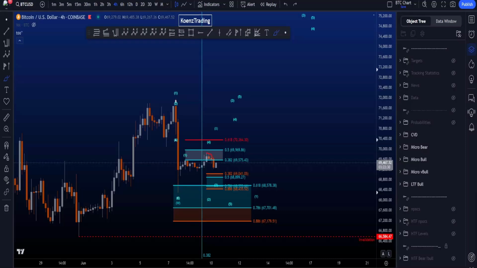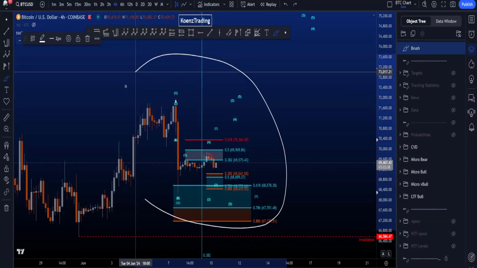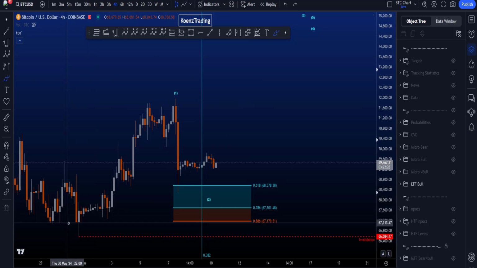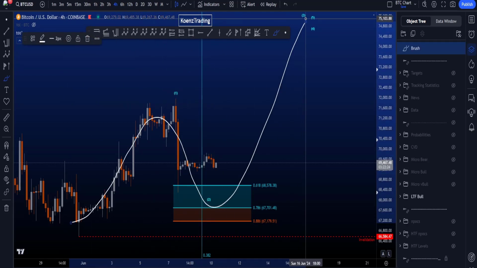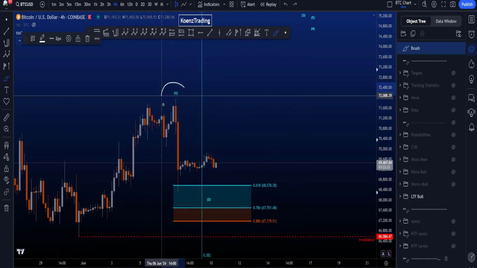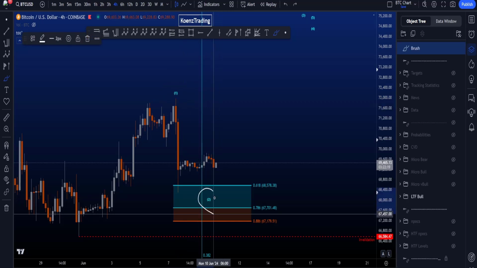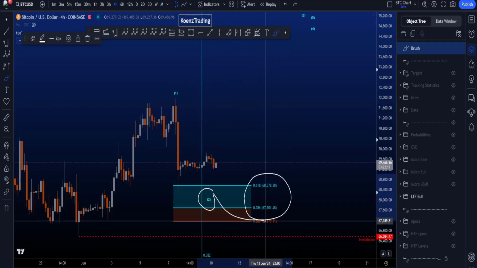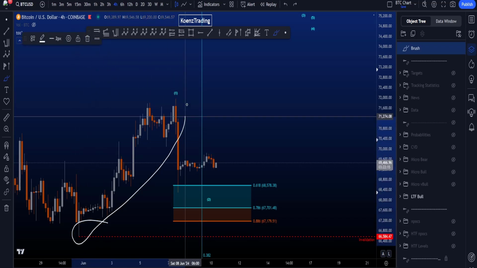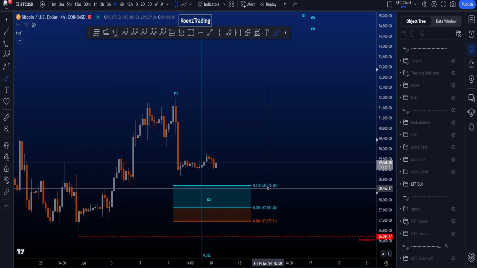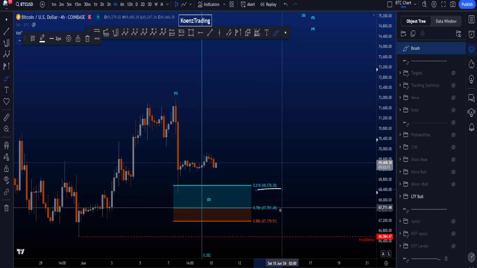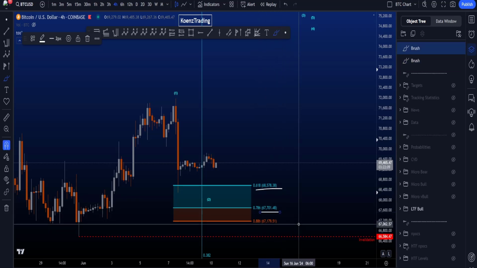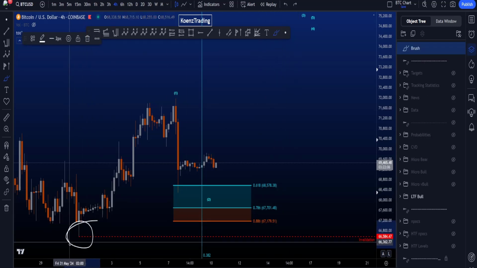Hi everyone, let's go over my bullish and bearish Elliott wave scenarios on Bitcoin, starting with the bullish scenario where we're looking for an impulsive structure to the upside. Wave 1 is already finished and the common target for wave 2 is between the 0.618 and the 0.786 Fibonacci taken from the low to the high of wave 1, giving you a target between 68.6k and 67.7k. The invalidation is taking out the low at